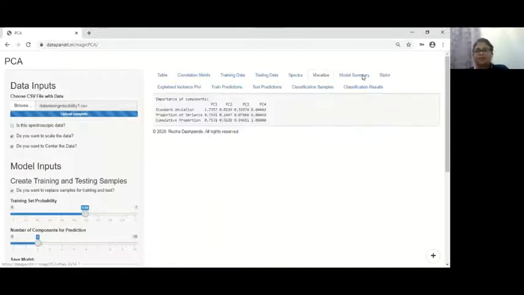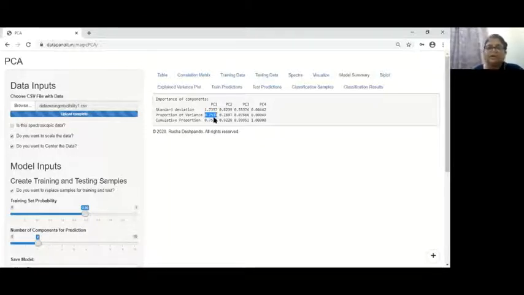If I click on the model tab, I get to see the summary of my model. Now this summary says that this model was built using 4 principal components, and the standard deviation for this model went on decreasing as the number of principal components were increased. It also says that only the first principal component, that is PC1, was capable of describing 75% of the